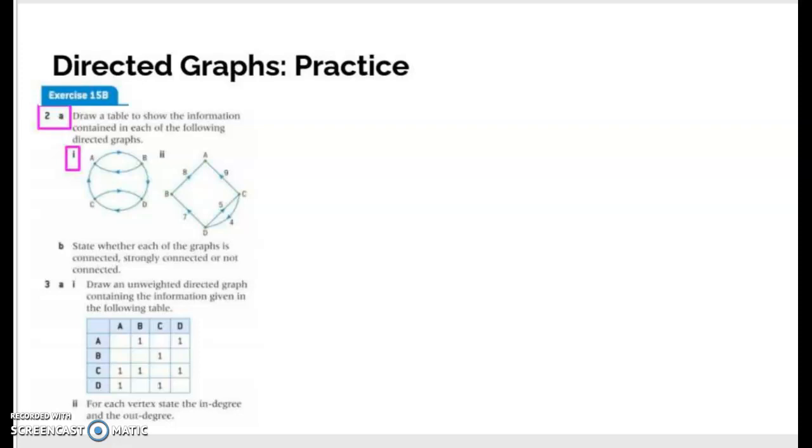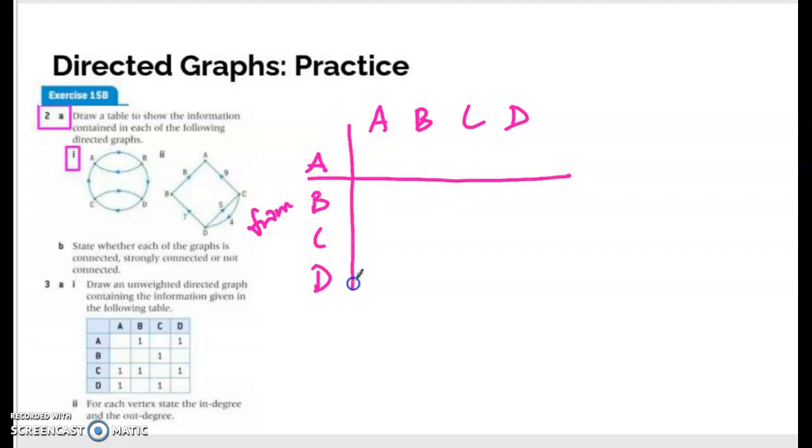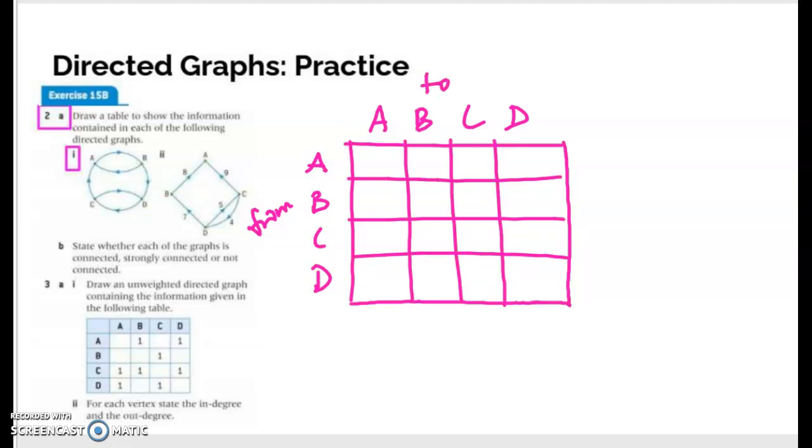Drawing the table, we have which vertices? We have A, B, C, and D. So we're going to make our table as such. This is clearly unweighted, but it is directional. So I'm going to say the from is here, and to is the other direction. Okay, so now let's take a look. Can we go from A to B? Yes. So there's a 1 here. This is unweighted. Can we go from B to A? Yes, there's a 1 here. Can we go from A to C? No, but we can go from C to A here, back and forth between C and D. So from C to D, and also from D to C. Lastly, from B to D, yes, not from D